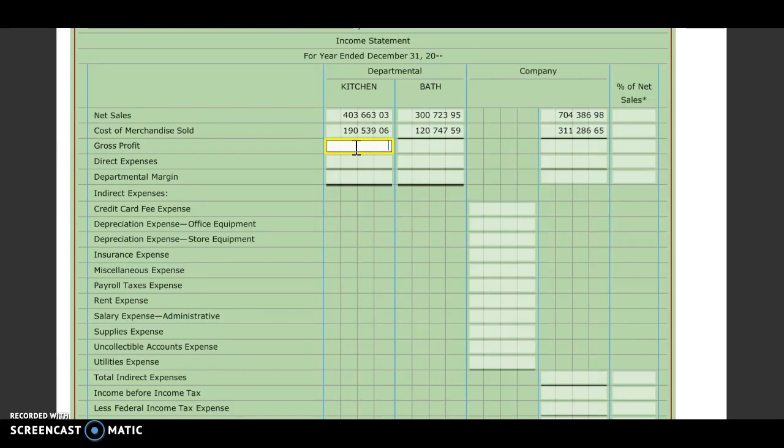That should equal my gross profit. It's a way that you can check your work. So 213,123.97. Again, I'm going to subtract those two to double check my work. Should get 179,976.36. Okay, I'll add those two gross profits together to get my company gross profit of